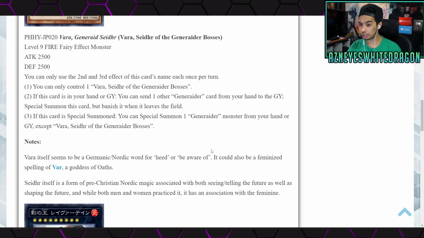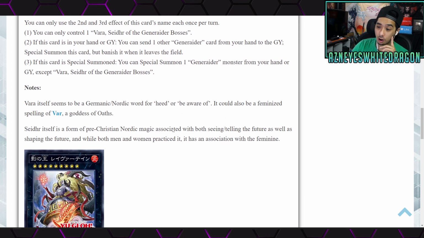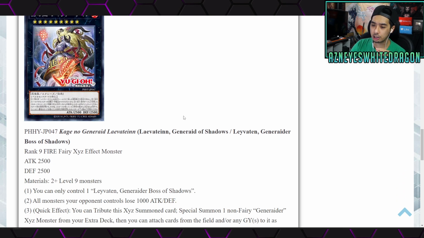This is a fantastic card for Generaiders, like just being able to dump one, get this card out, and then bring one out from the Graveyard instantly, and then you just Exceed with it. This is almost free material every single turn to just go into whatever you need to go for. That's really, really powerful. All right, let's check out the other one, which is going to be Leviathan, Generaider Boss